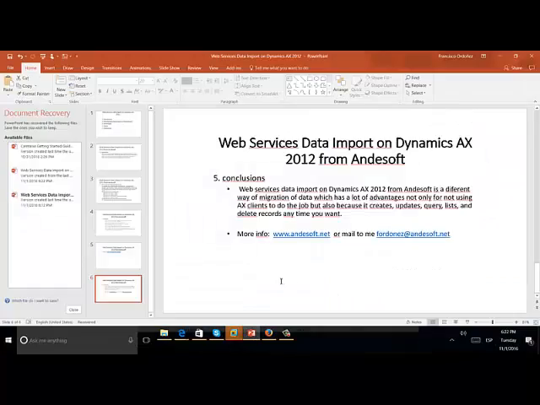And finally, the conclusion: web services data import on Dynamic AX 2012 from Microsoft is a different way of migrating data, which has a lot of advantages, not only because it doesn't use AX clients with licenses and all that to do the job, but also because it creates, updates, queries, lists and deletes records anytime you want. If you want more info, please go to our webpage